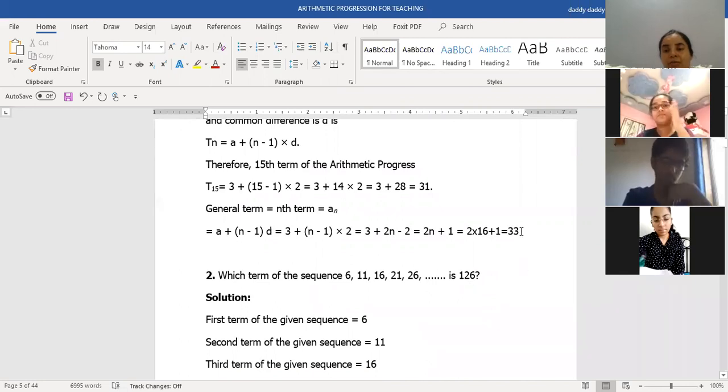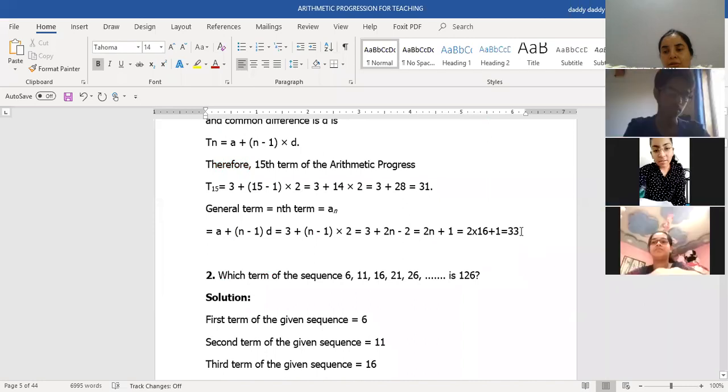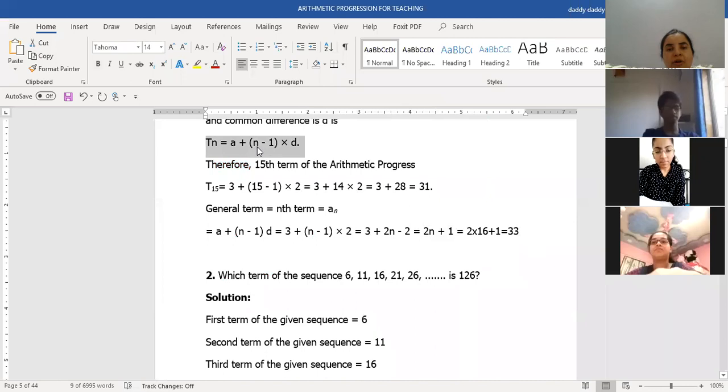Yes, Simar, you had some doubt. Ma'am, can you please explain the general term again? How did I get this general term? Yes, you have to just put everything in this formula. Only n you will not put, because when I am talking about a general term, can you give any number value to n from your side? You can't, ma'am. You have to let it be like that only.